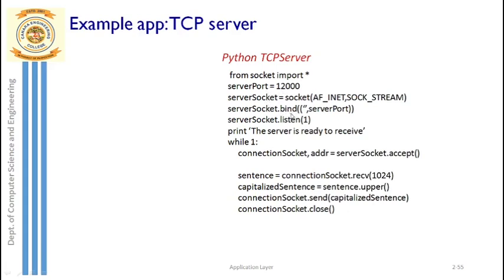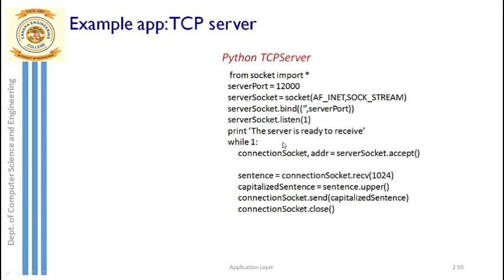So after binding is done, now this is the next new function. What is this saying? You listen. Now the server at the welcome socket started listening to the clients. So listening means what? N number of clients may be requesting. So all those N number of requests will be listened to by the server at the welcome socket. After listening at the welcome socket, the server will respond to only one of the clients. So listen, and here 1 indicates client 1.